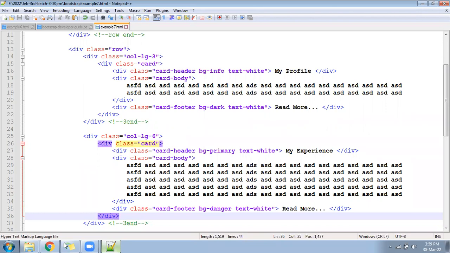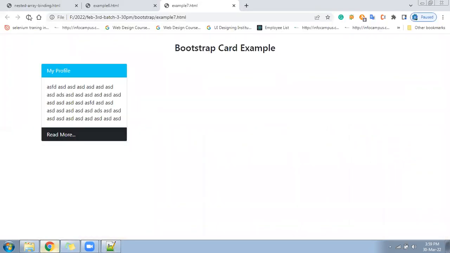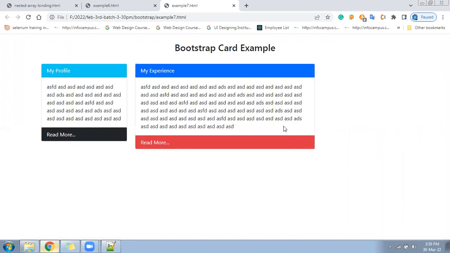Okay, ready? Let's go to the browser. Something like this. One is the 3, another one is 6. We can place one more 3 at the last.